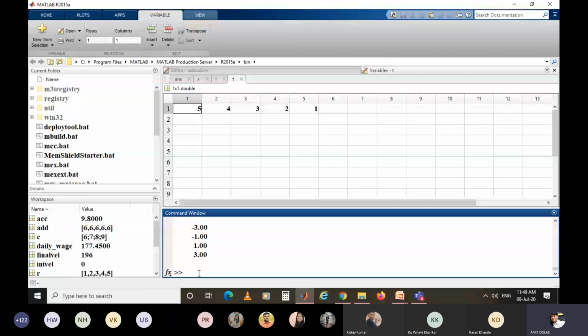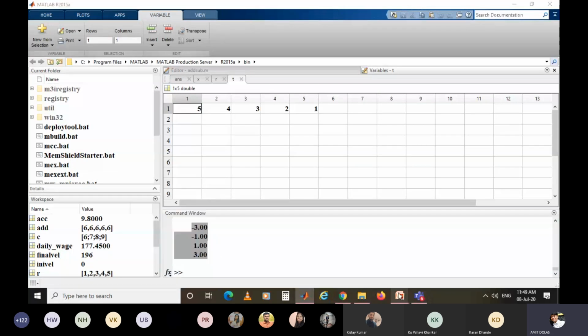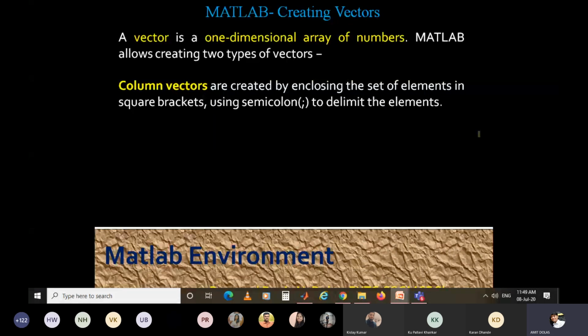You can see some values are negative. A new vector is created, which is the subtraction of C, that is 6, 7, 8, 9 minus 9, 8, 7, 6. It will be minus 3, minus 1, and then 1 and 3. So this is how column vectors are created. This is one example of a column vector.